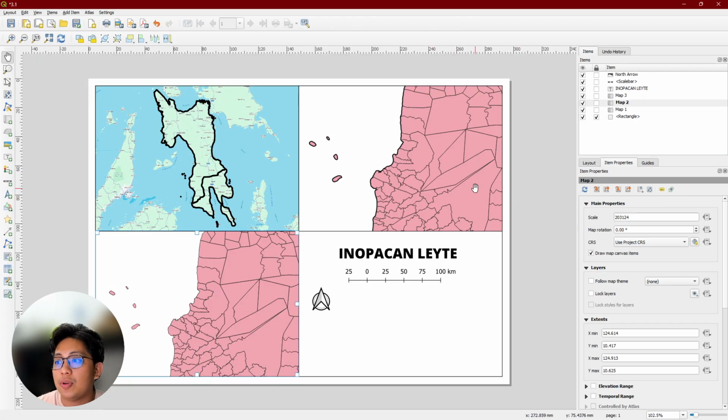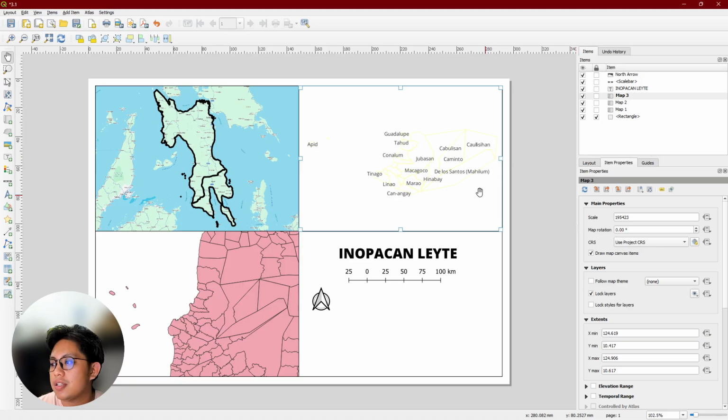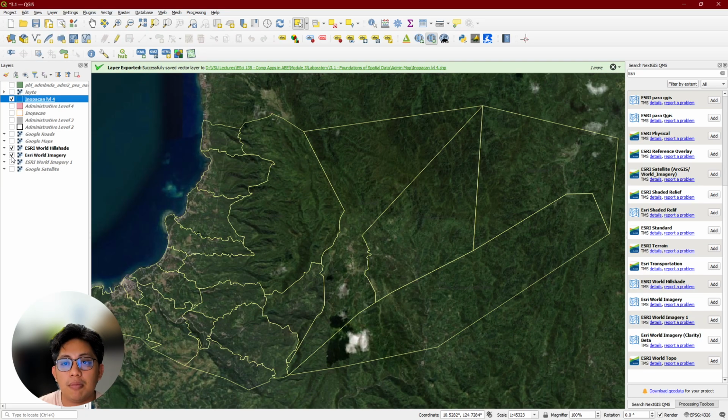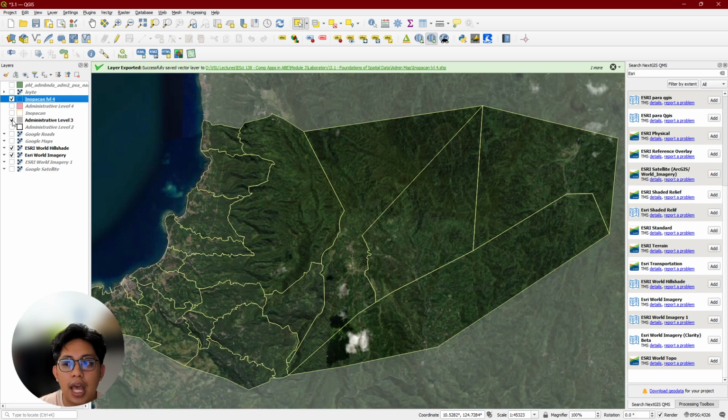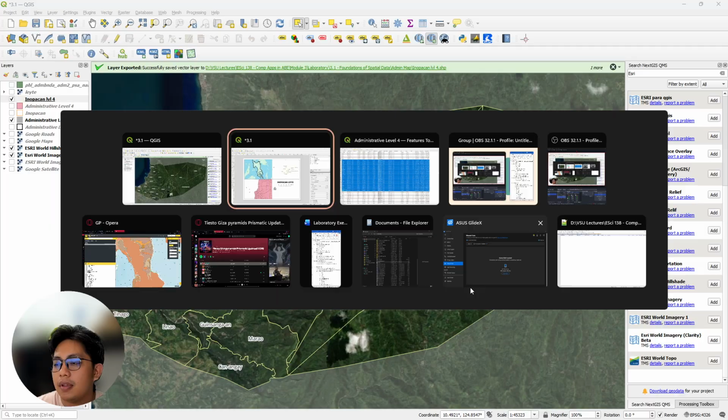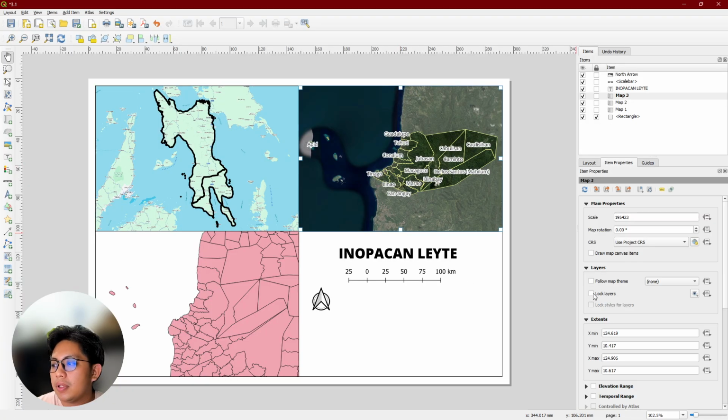on our map 4, oh no, wala na ako ni Maeli. So now on our map 3, I lock layers and draw map canvas items. Na-update na ang pangalan. So I'm gonna put my world heal shade and imagery back with the admin sort of effect that I did and add a buffer to the labels here. Go back to my map. And now I have this.